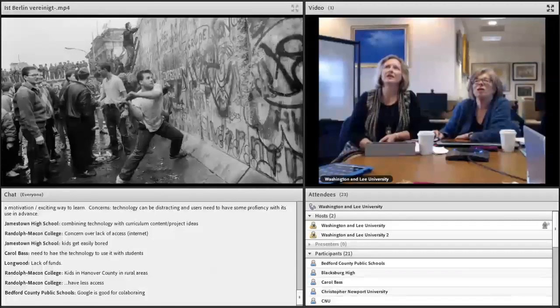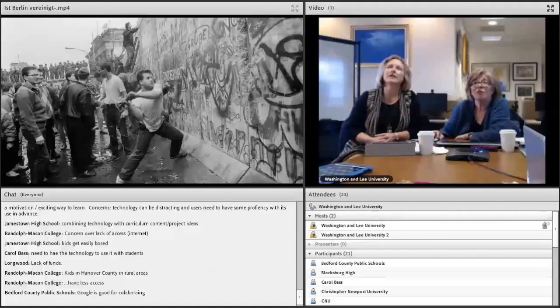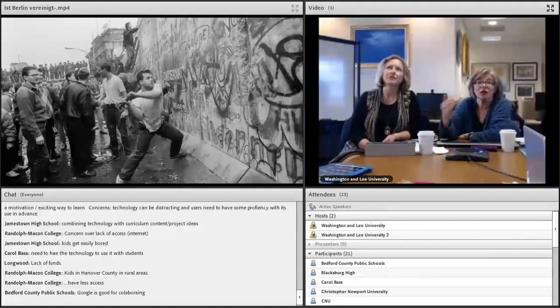So that's about an event most of us are familiar with, and the question that she's asking is, is Berlin truly united? And they have read a book about this, and they have discussed it in class, and now she's coming up with her point of view, which is to show images of separation and unification. And at the end, she poses some more questions.